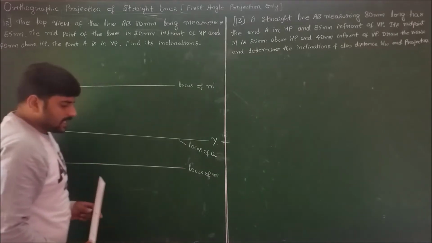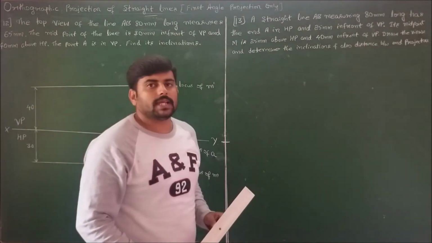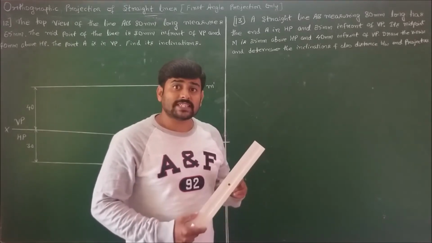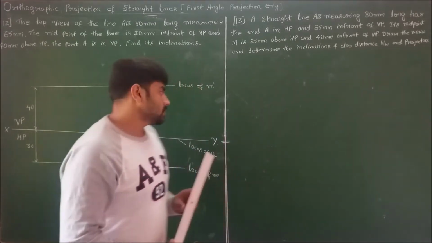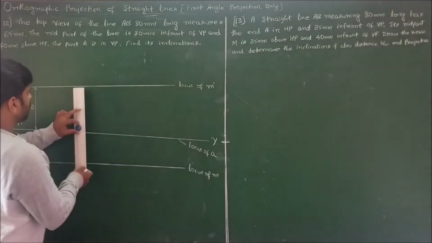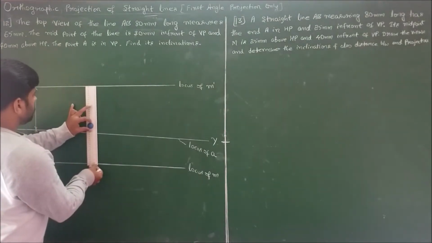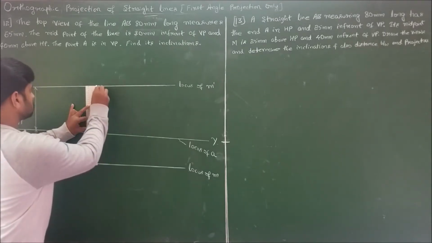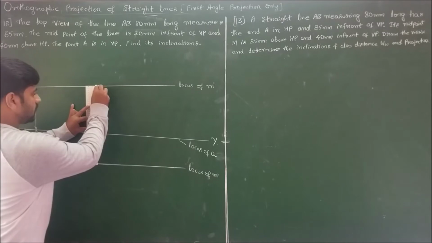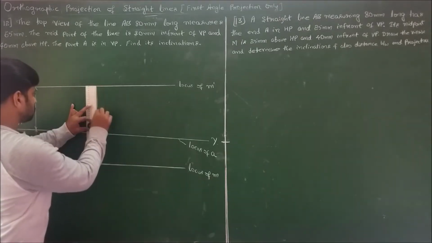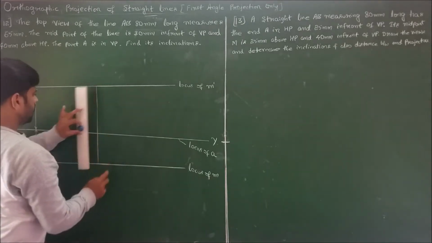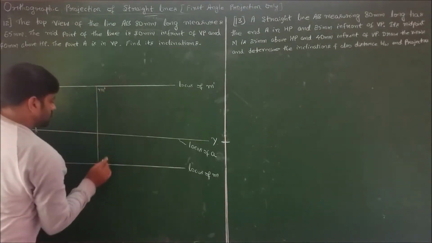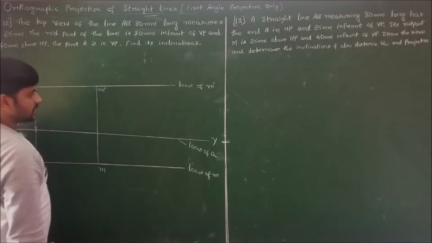Whenever we are starting a problem, we usually fix one end of the line and start the problem. To solve midpoint problems, you should always fix the midpoint and then start the problem. So first I will fix the midpoint. Somewhere here, I will fix the midpoint as M dash and M respectively. I have taken the projection and fixed the midpoint as M dash and M respectively.